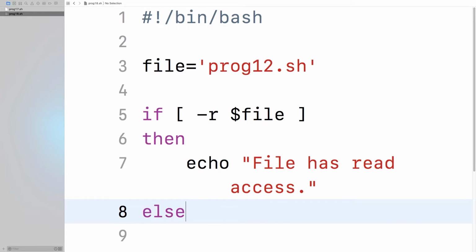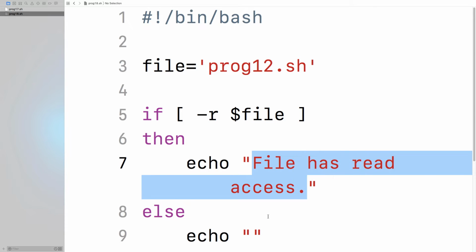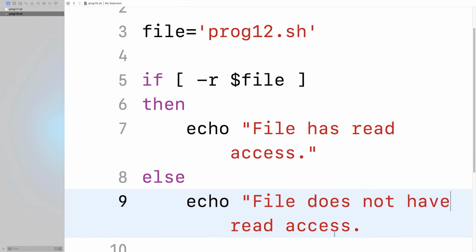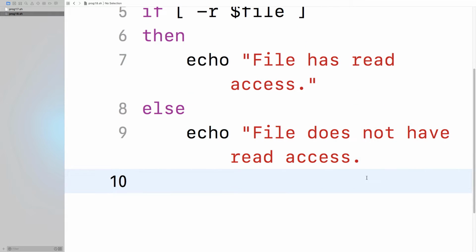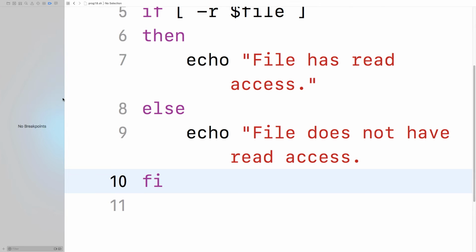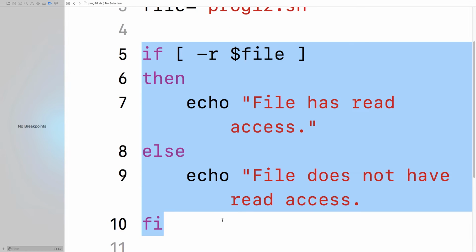and else echo file does not have read access. Fi. File save. So this is for read access. We can actually check other types of access, and that's quite